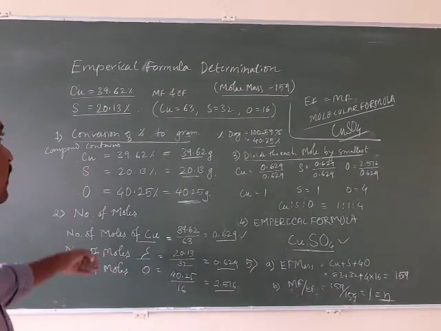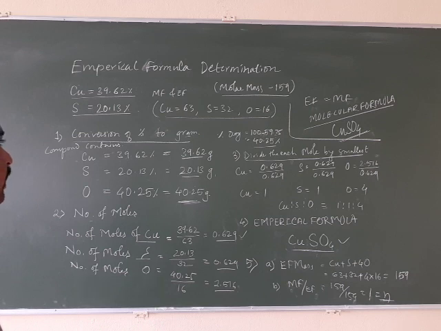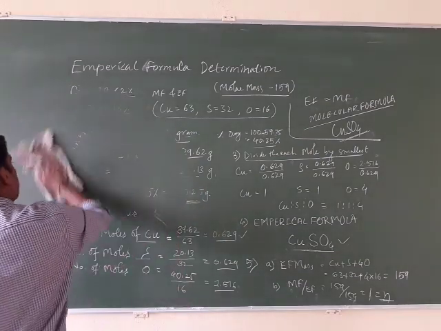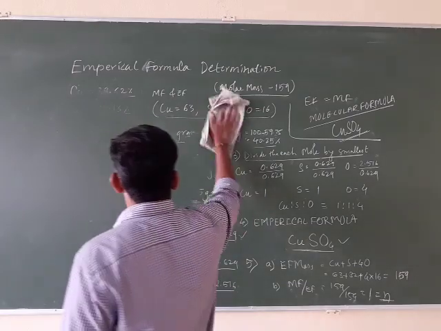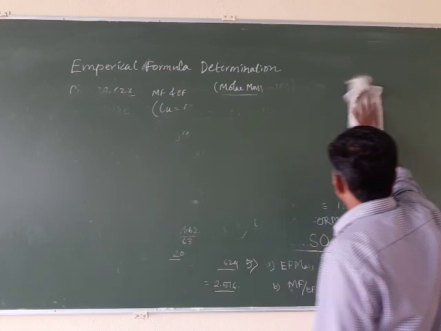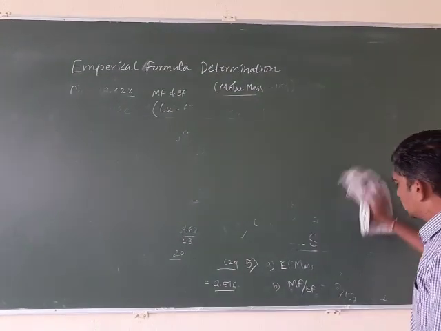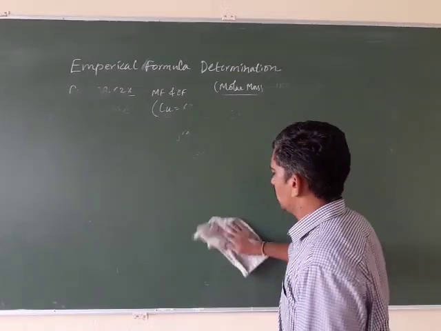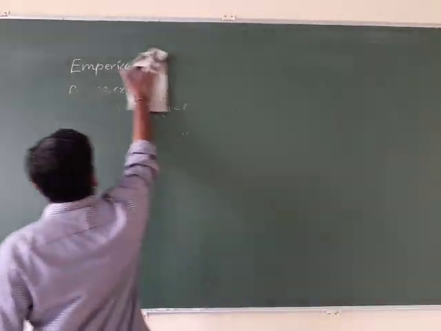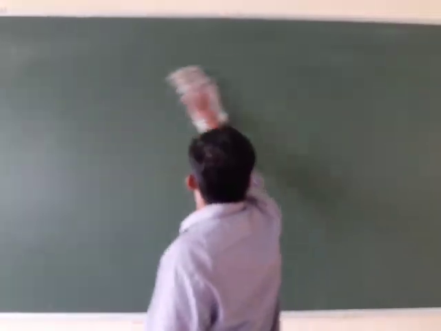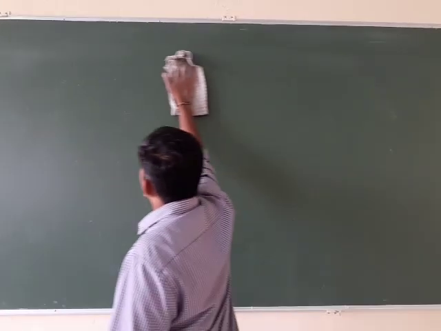And this is one extra example we have discussed over here to determine the empirical formula. This is regarding the determination of empirical formula by using the mass composition or percentage composition or mass percentage of different elements given for an unknown compound. So if you have any doubts regarding this, then we will discuss.